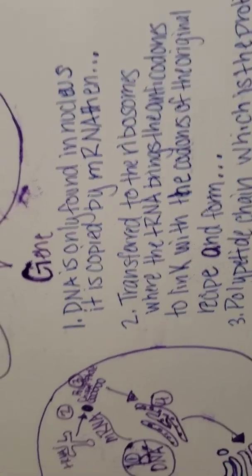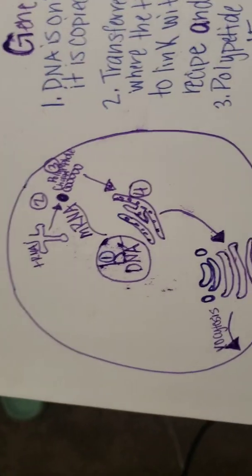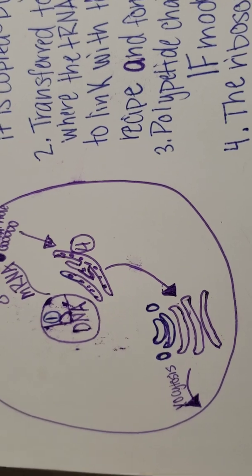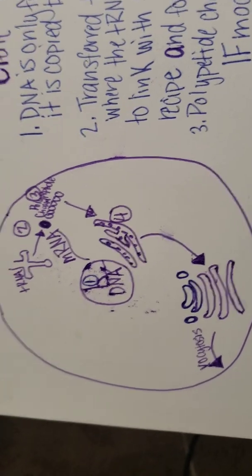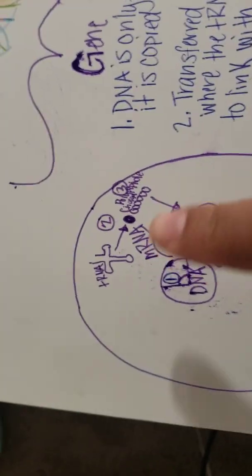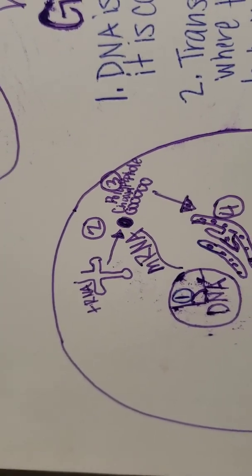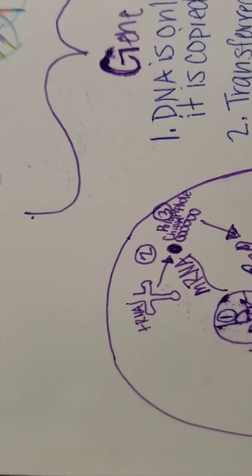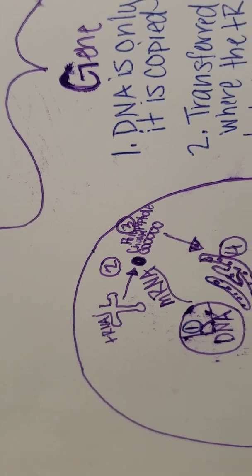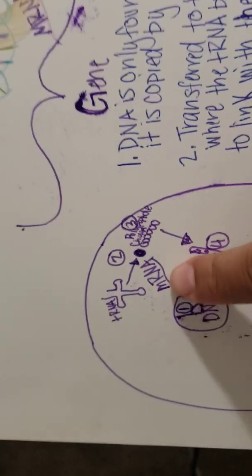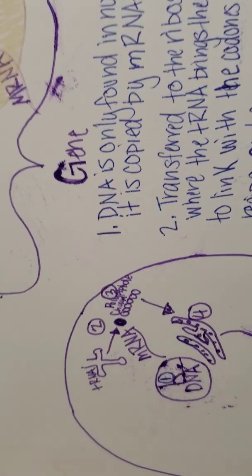So then once the DNA is found in the nucleus, it is copied by the mRNA. Okay, so once the mRNA is created, then it's transferred to the ribosome, which I drew as my number 2. This is my ribosome. And there, the tRNA also comes, and then they link the codons to the original recipe, which was the copy from the mRNA,